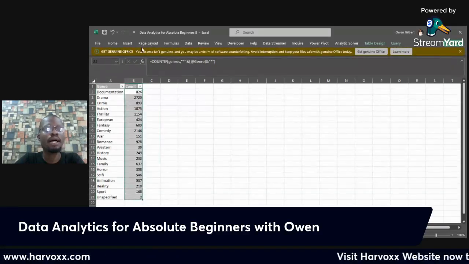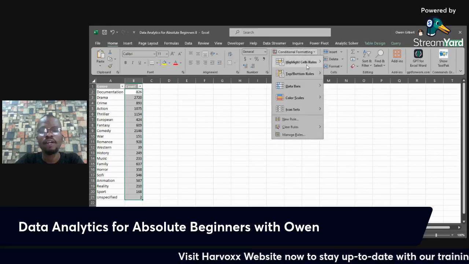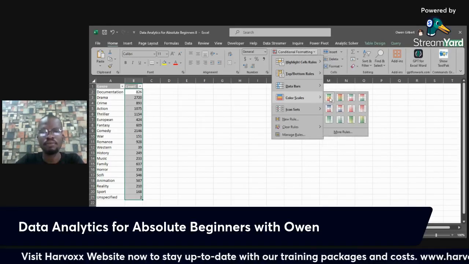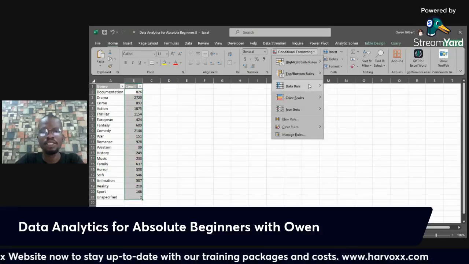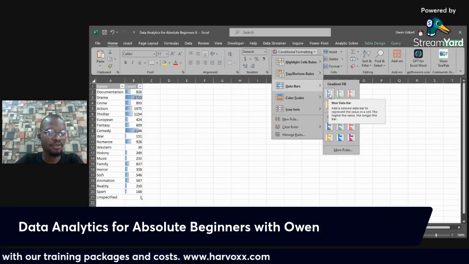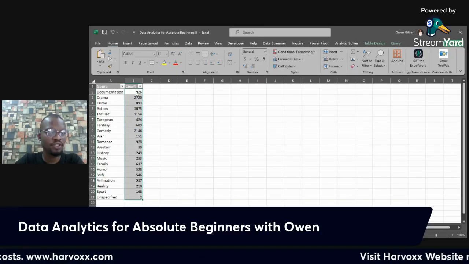Why am I doing this? I want to add a conditional format based on the value. I want to give a color scale. Oh, okay. Let's just do data bars. So with data bars, it helps us clearly distinct which ones were the highest. Now there is a simple way to do it.